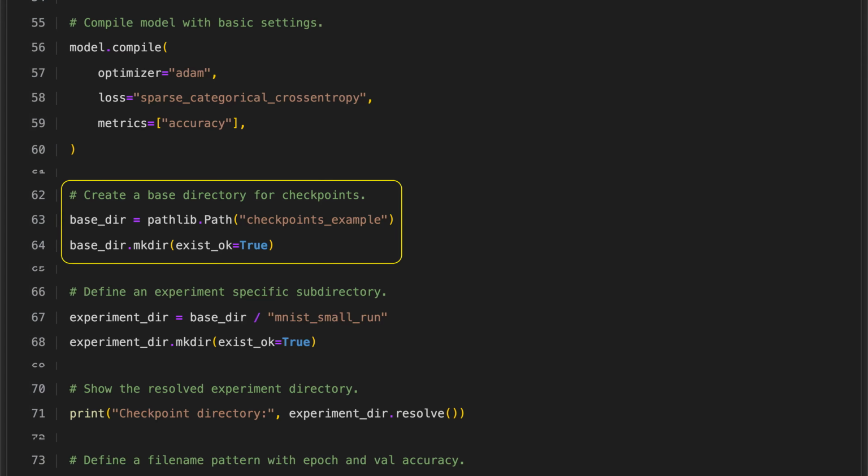We start by creating a main directory called checkpoints example using the pathlib library, which will hold all our model checkpoint files. To make sure this directory is available, we call the method that creates it and allow existing directories without causing an error. This lets us safely set up or reuse the same location for saving checkpoints without interrupting